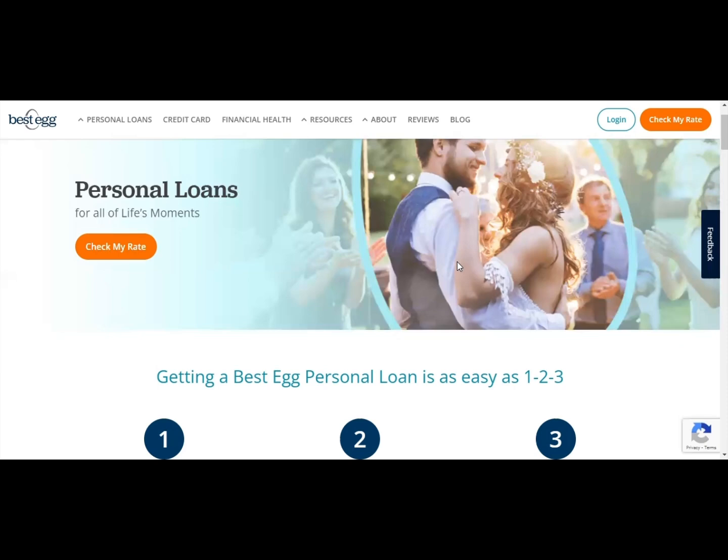Now, Bestegg is a company that has a number of financial products. They also offer personal loans and they do work with a number of lenders. Now, with their personal loans, you can see if you qualify and check your rate with a soft pull pre-approval. So it would let you know what your projected interest rate will be and how much of a loan